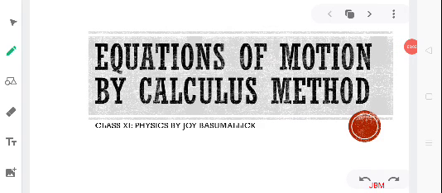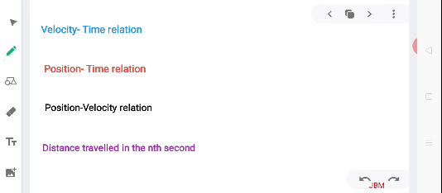Welcome back, students. Today we will be deriving the equations of uniformly accelerated motion using the method of calculus. You have already learned how to derive the equations of motion using the graphical method. You know the different set of equations that are utilized for understanding the dynamics of motion. Today we will be understanding a new method in order to derive the same batch of equations that are